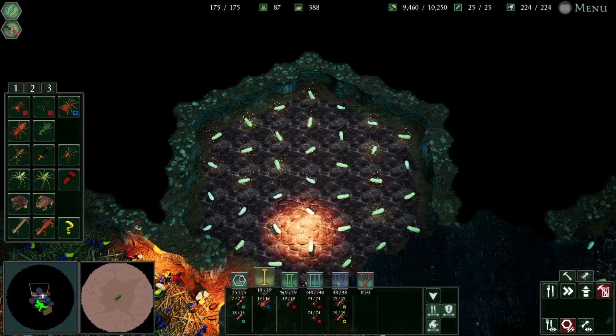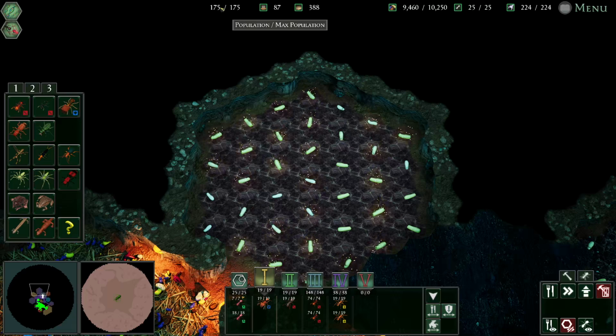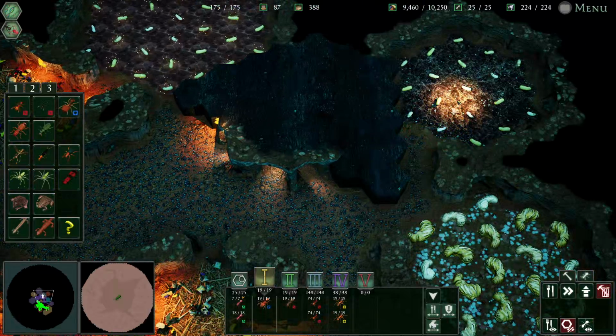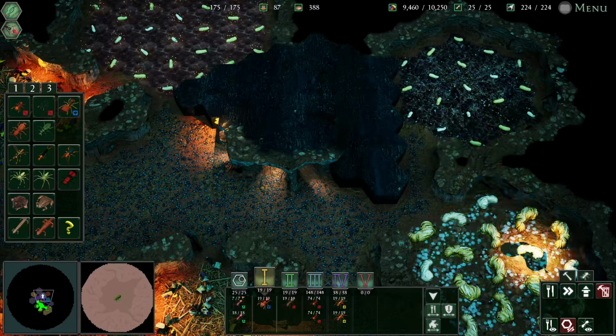37. So this is what's cool. You have a 175 limit on your population, but I can surpass that because of these double fire ants. So that's really cool. And then I have over here, I have my wood ants, and I chose, on mine,